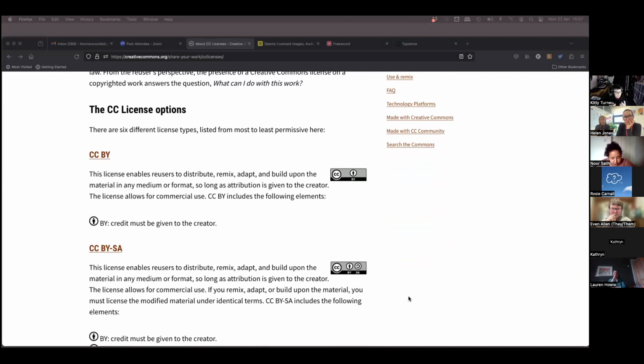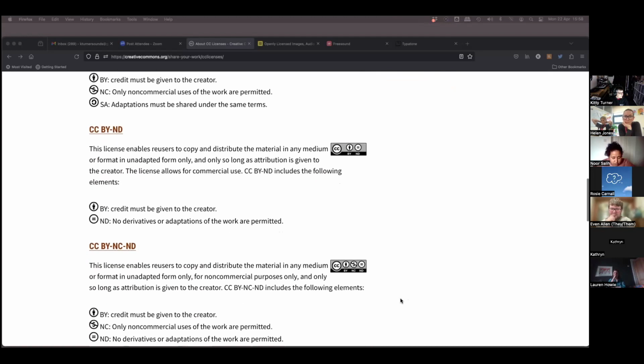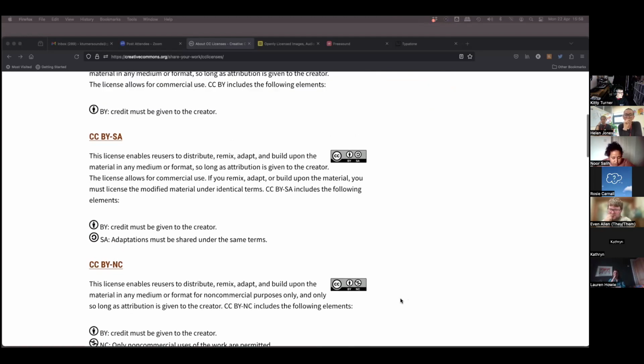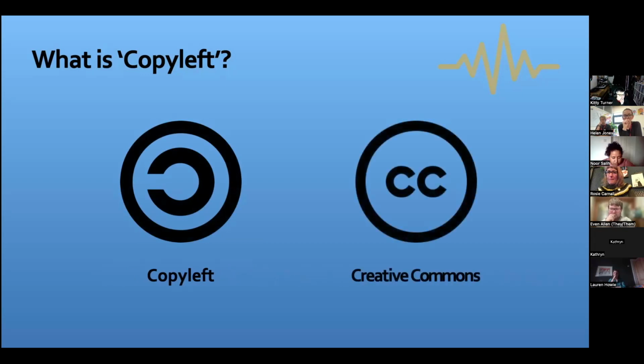So it might be that you need to credit a maker. It might be that you can only use a particular piece of Creative Commons licensed materials if it's for non-commercial use. There are quite a few different types of license here, but this is where to find them. And this is an explainer of what each of them mean. Okay, let's go back to that. Okay, so that's copyleft and the Creative Commons.